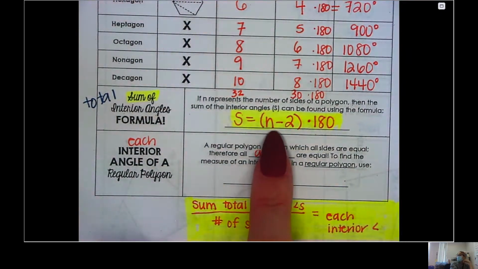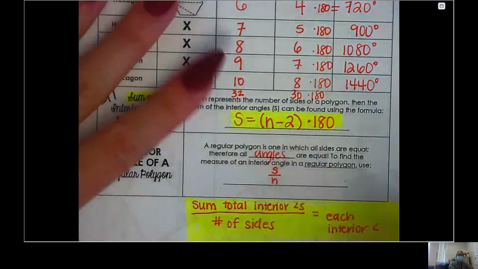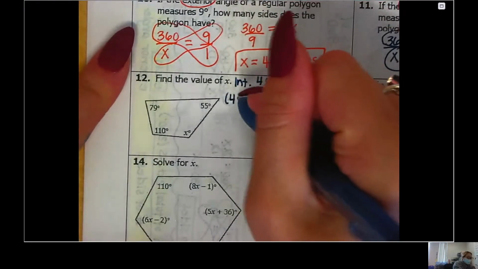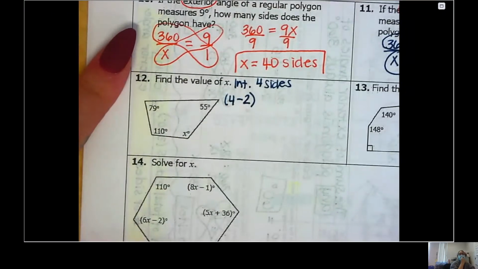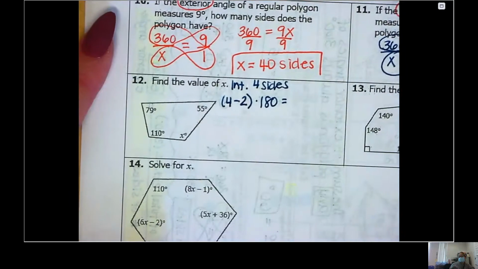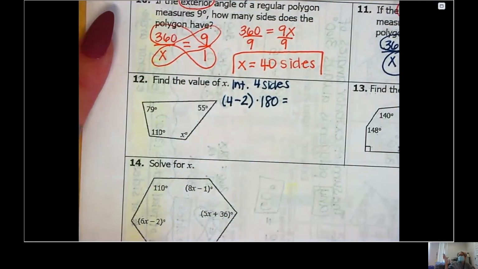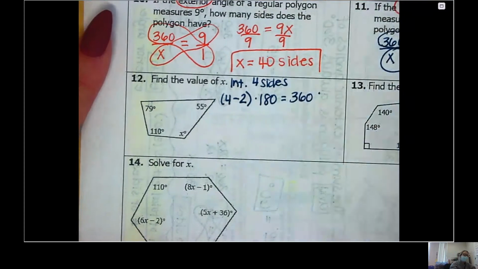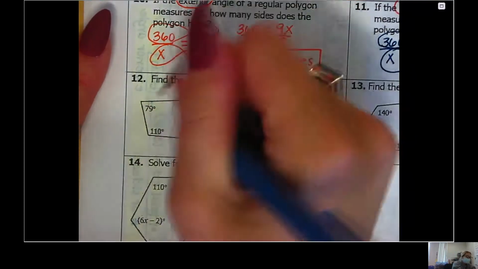Subtract 2 from the number of sides and then multiply times 180. We're going to do that every time we have interior angles. So in total, I have 4 sides. I'm going to take 4 minus 2, which gives me 2. And then I'm going to multiply that times 180. What is 2 times 180? 360. So in total, if I add up all 4 of these angles, I should get